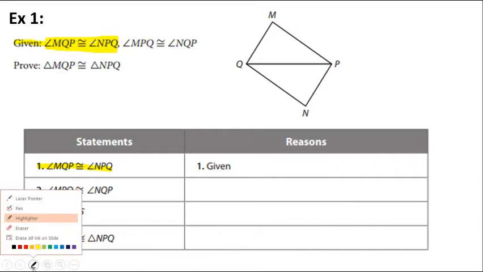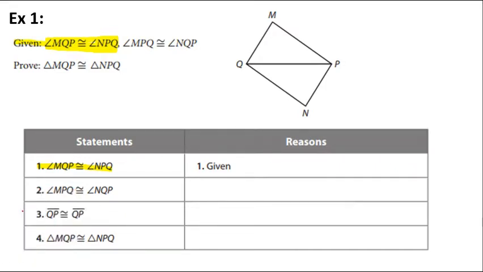So let me use this statement to mark on my triangle what that means. So MQP, so this angle, it says it's congruent to angle NPQ. So angle NPQ, it means it's this angle right here. Okay, my next statement